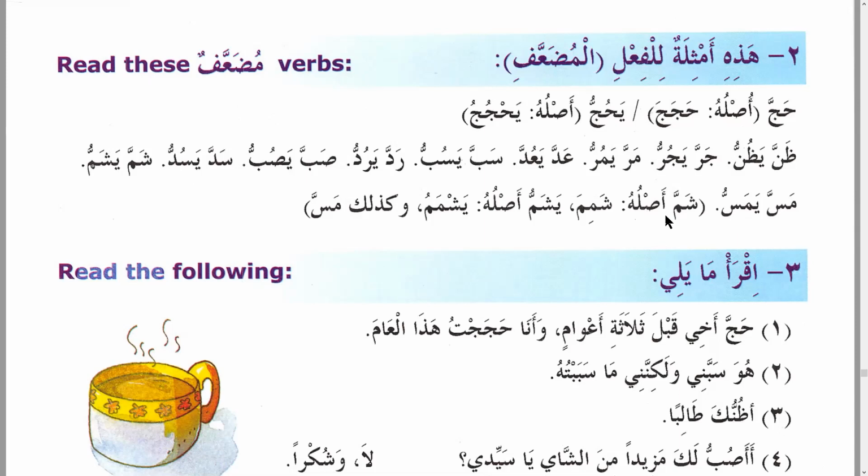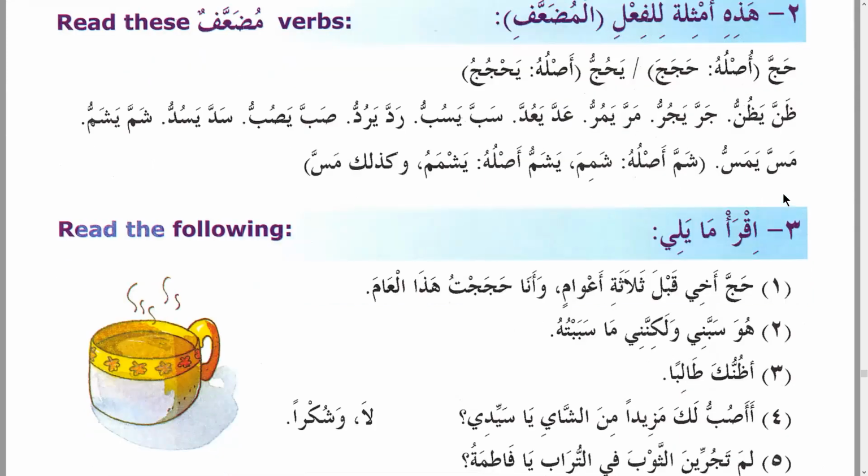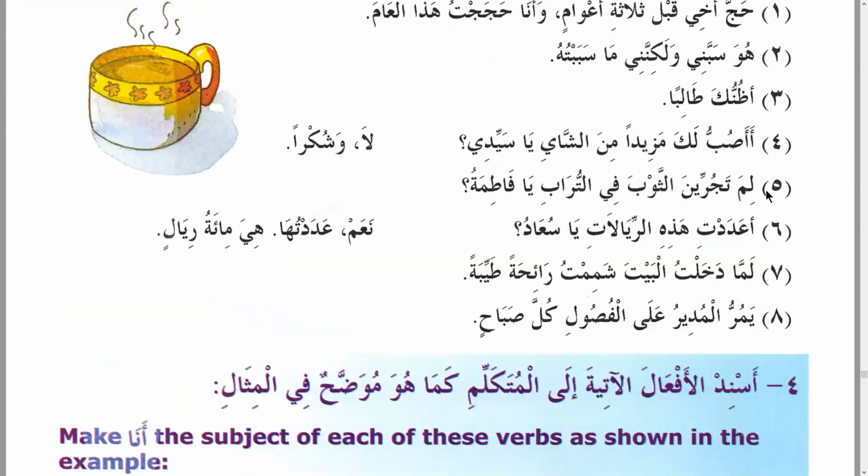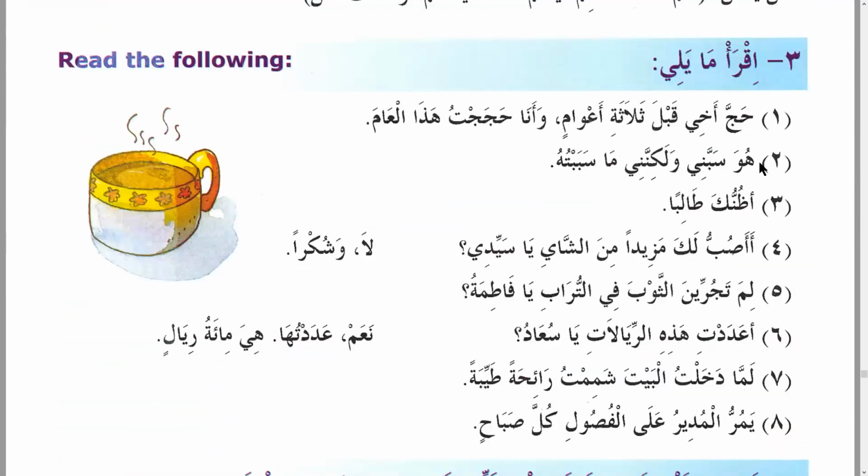Shamma yashammu, to smell. Shamma asluhu shamima. That's why when you open up, you say shamimtu, shamimna, not like shamamtu. No, shamimtu. Yashammu asluhu yashmamu. Right? Bab sami'a, and likewise massa is the same thing. Masistu, I touched. Like ma masistu dibajan wala hariran alyana min kafi Rasulillah sallallahu alayhi wa sallam. Iqra ma yali. So he's giving some examples, 8 examples for this,